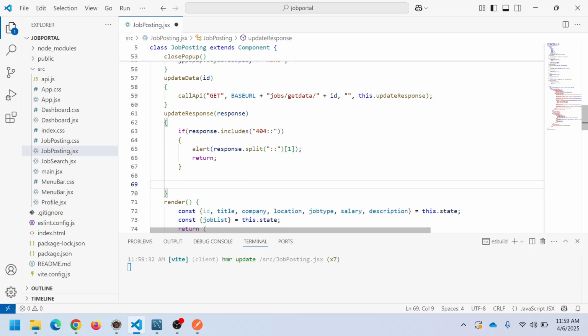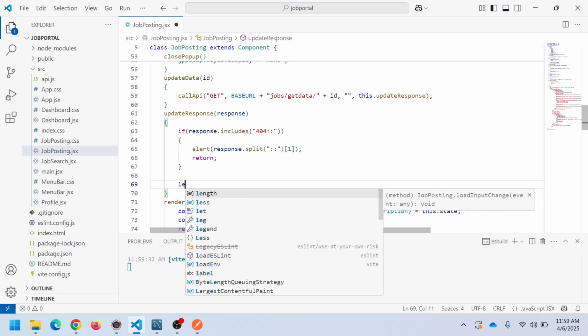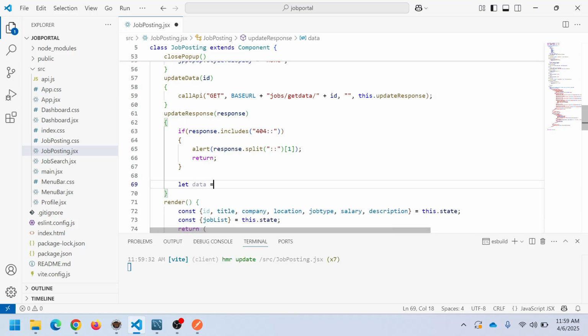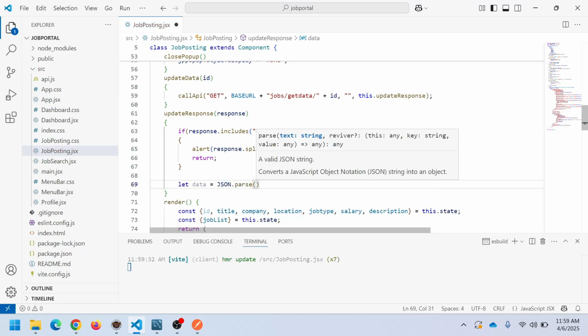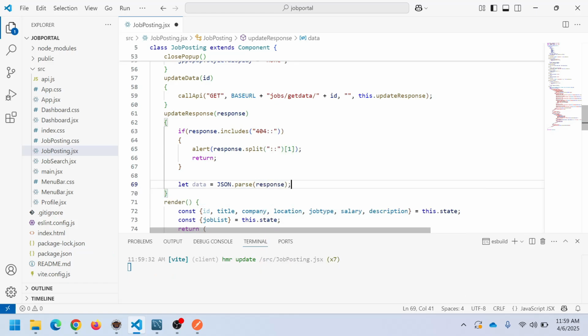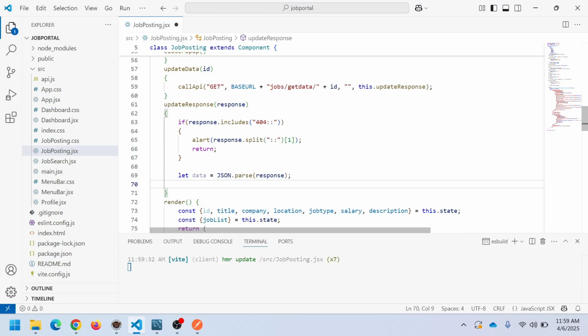If there is no error, we can process and update the states. Let data equal JSON.parse(response). Once the response is processed, then update the state. this.setState